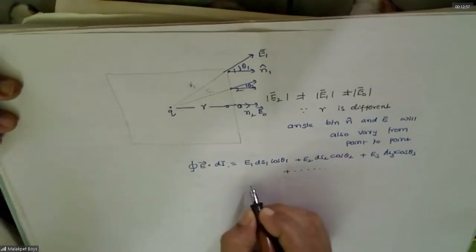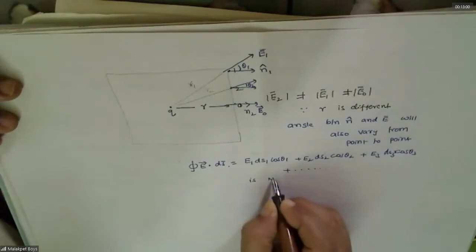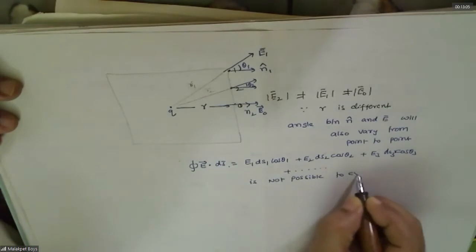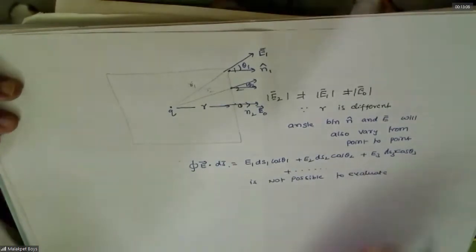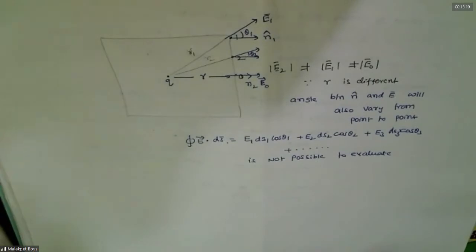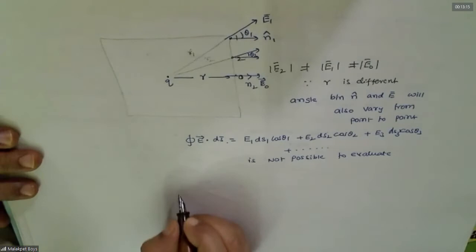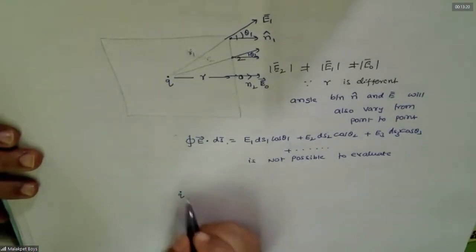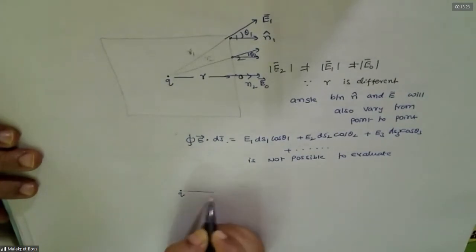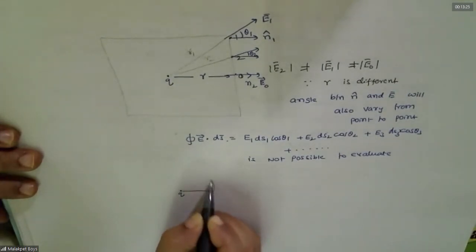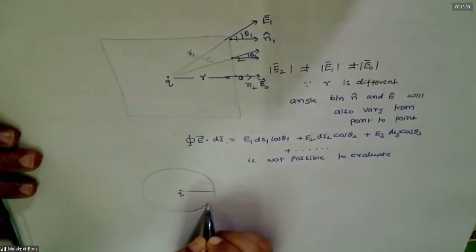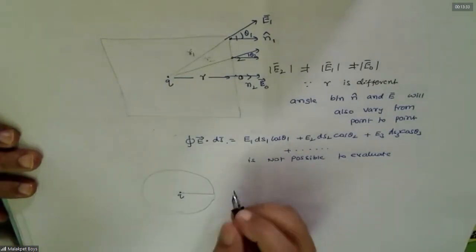It is not possible to evaluate now. You can choose any surface, yes, sir. The problem is if you choose such a surface, it will be a headache. On the other hand, I will choose a surface such that r is the same, which means what will happen? E will be the same, no? At a distance of r at any point, if it goes surrounding, what will we get here? So if I choose a Gaussian surface,